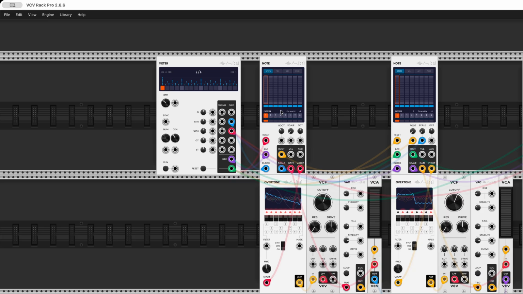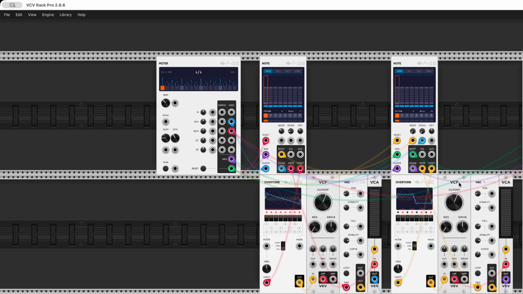Now I've put them all to E chromatic, and I can change the scale here. Let's make that E minor. I can also adjust the octave of each one, because there's really only one octave per pattern that you can play. Let's bring this one down 1, this one we'll leave at 0, and this one we'll bring up 1. The outputs here also have traditional gate and velocity and volt per octave,